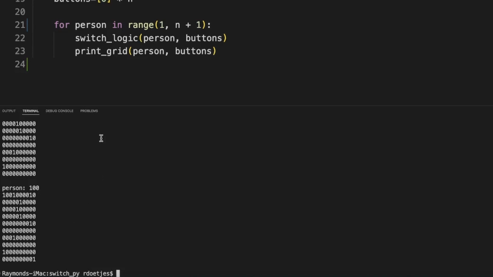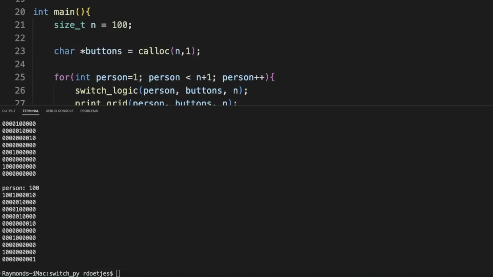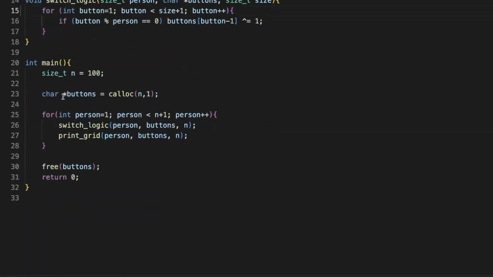Right, so let's go quickly and show you the comparison with C. We have the same structure of the code. I create an array of characters because 1 and 0 can be a character. And I use that Kellogg's cornflakes. That is a clean malloc, and it basically says create this many bytes, 100, and set, well, in this case, every byte, the structure is only 1 byte long. That's basically what I say. If you have a complex structure, for example, 100 bytes, so 10 times, so 1,000 bytes, this will be 1,000,